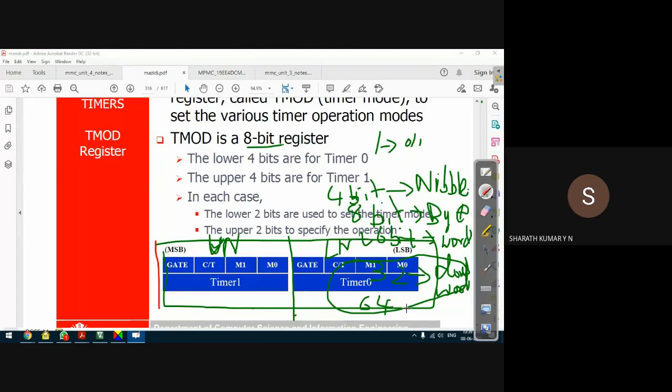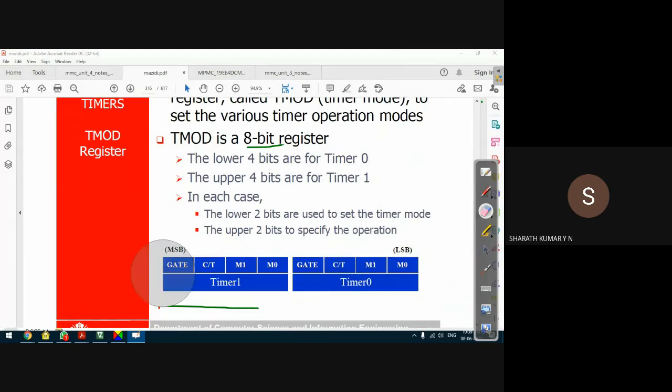64 bit, I think it's called a page. I'm not sure; I'll confirm in the next class. 32 bit is a double word, that I'm sure. I'm not sure what 16 bit is called, because we don't use 16 bits, so I'm not familiar. I'll confirm and update that in the next class.